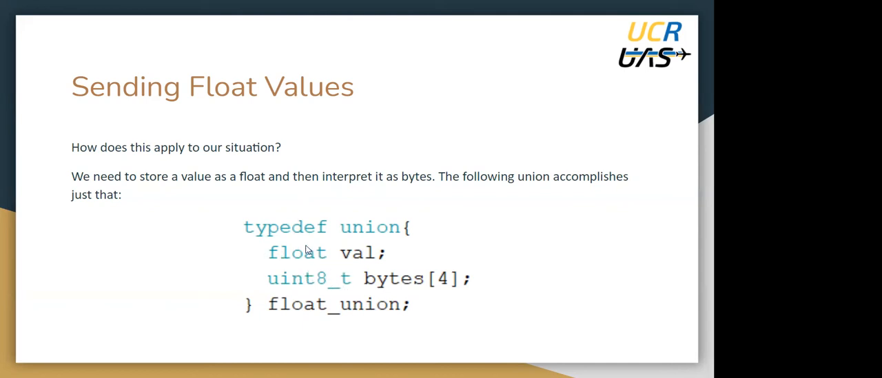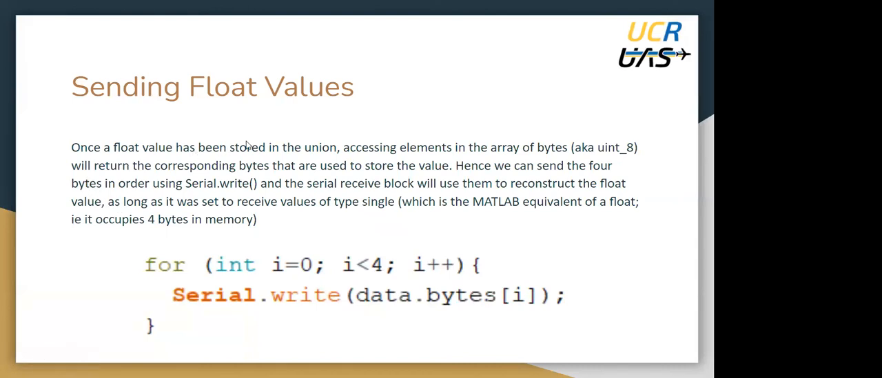So basically, when we store 4 bytes in this union, we can then at any time interpret them as either a float value or array of 4 distinct bytes. So once a float value has been stored in the union, accessing elements in the array of bytes will return the corresponding bytes that are used to store the float value. Hence, we can send the 4 bytes in order using serial.write, and the serial receive block will use them to reconstruct the float value